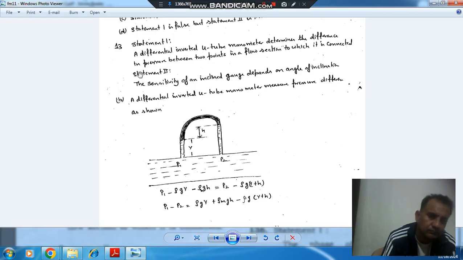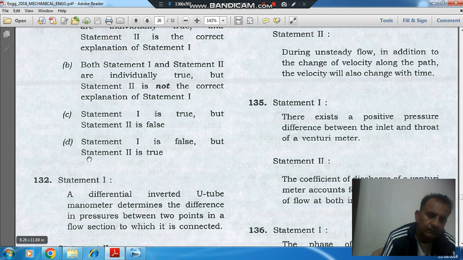So statement 1 and statement 2 both are true, but statement 2 is not the correct explanation of statement 1. So the answer is option